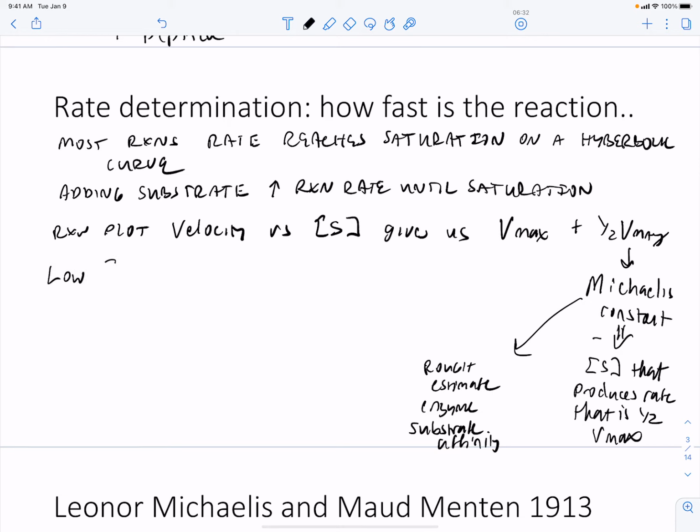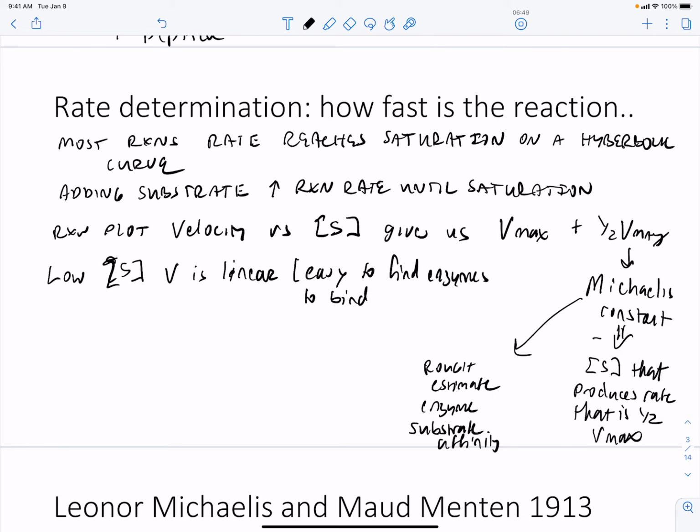So when you have low substrate concentration, velocity is linear. And you can think of it as it's easy to find enzymes to bind to, so they're not saturated. And then at high concentrations of substrate, the reaction approaches what's called zero-order kinetics. And zero order basically just means that it is no longer dependent on the concentration of the substrate. So the rate of the reaction is independent